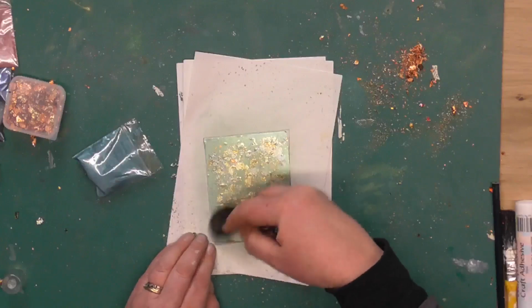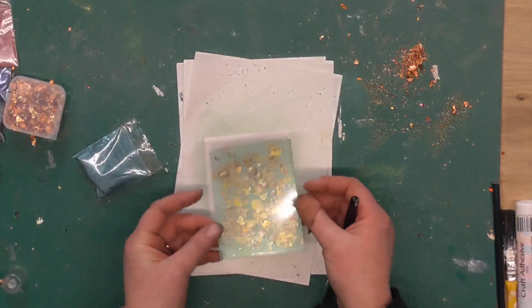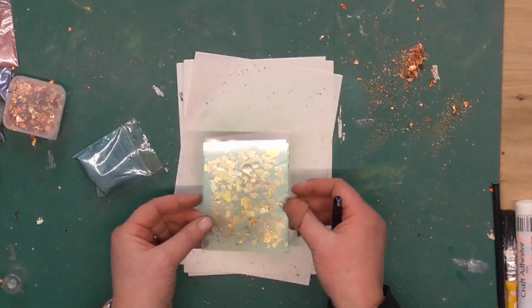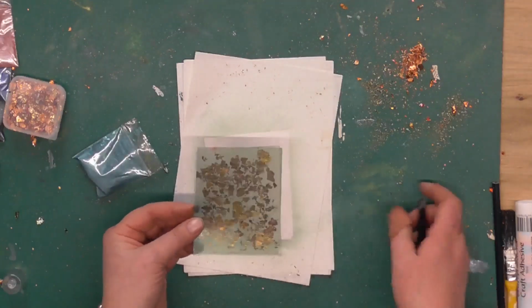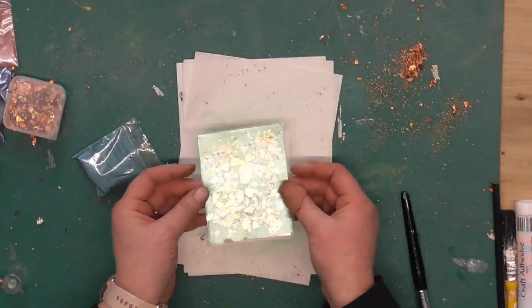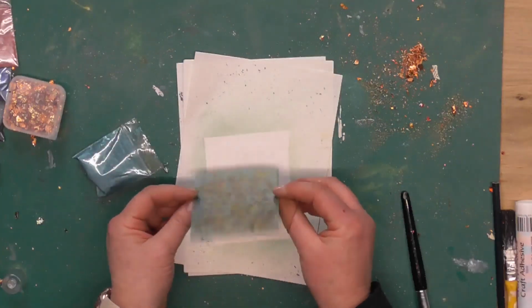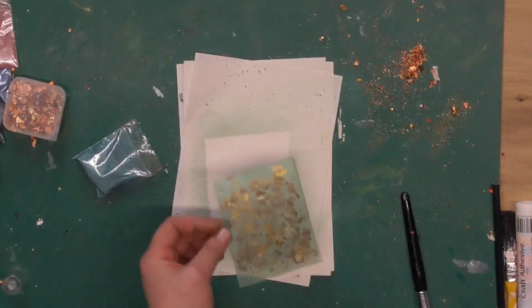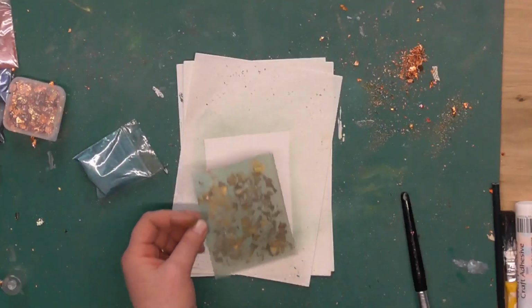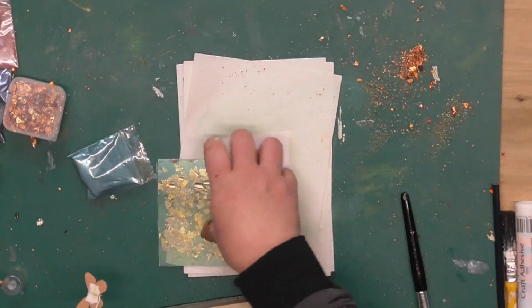Okay, give that a little dust. So it's no longer sticky, but you've got this amazing translucency to it because we haven't gone too heavy with the gilding flake. It's smooth, all the gilding flake is down into that adhesive, and then you've got both sides. So if I've got my book here, let's see, because this would look really nice